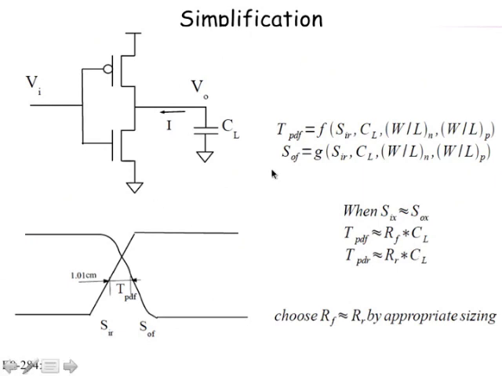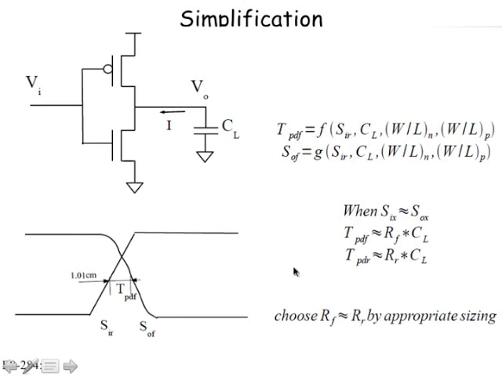Okay, you have an effective resistance for both pull up and pull down. So when I'm pulling up, that is rise time, I have an effective resistance for the pull up, and for fall, the pull down. Here I'm showing a simple inverter, but it can be any CMOS gate. There is a pull up network and a pull down network. You have an effective resistance for the whole pull up network, and an effective resistance for the whole pull down network. So that resistance times the capacitance is basically the delay.